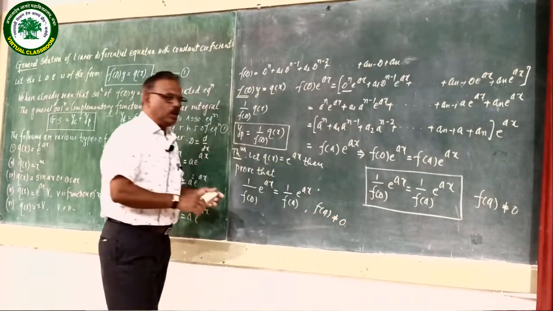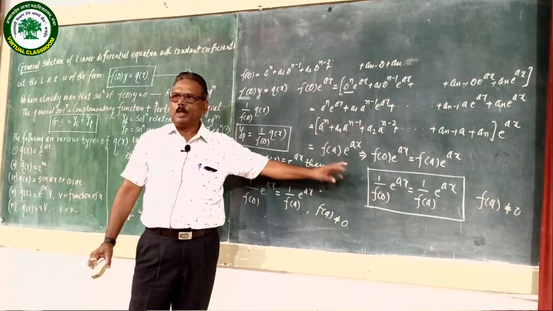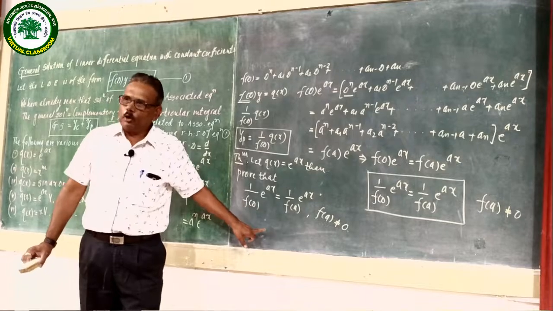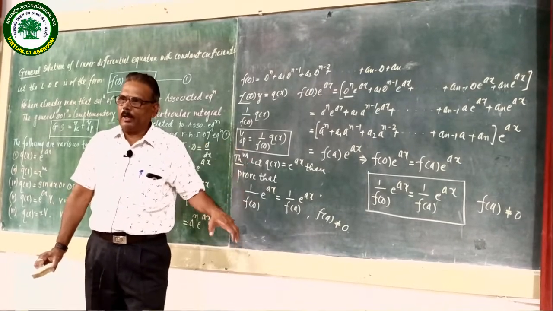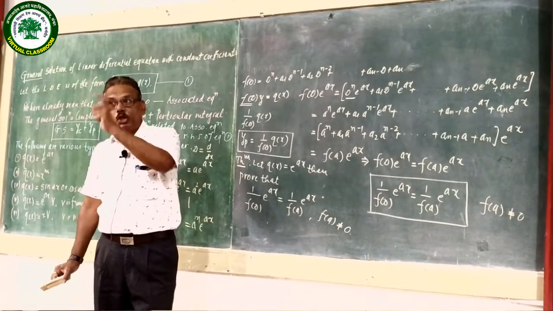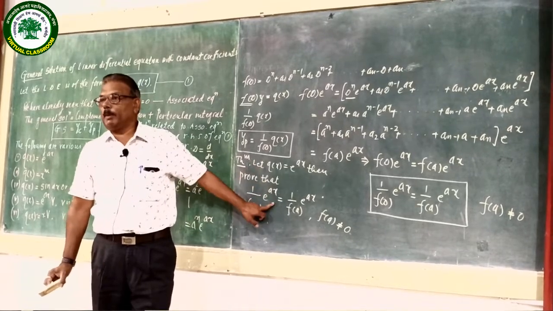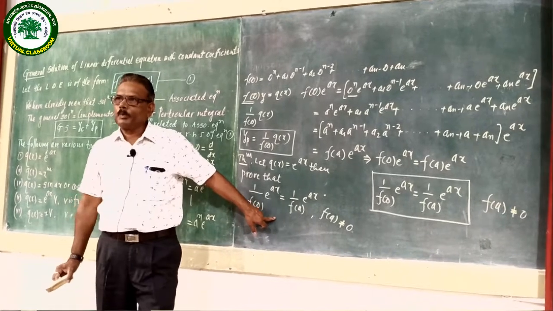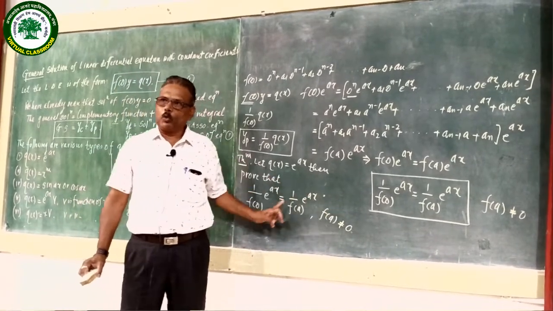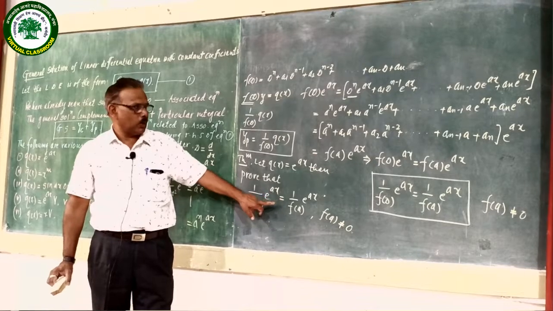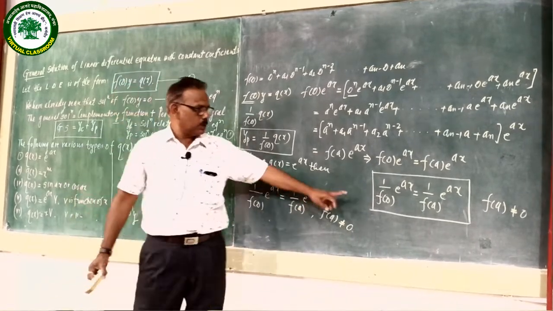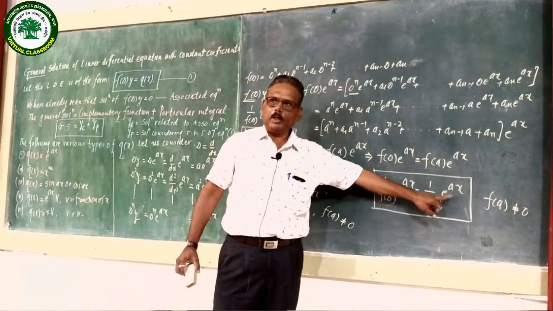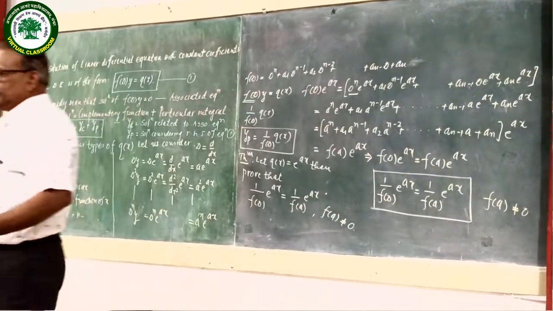If it is equal to 0, this theorem is not applicable. That means if a is a root of the given polynomial equation, and while you are substituting D is equal to a, the polynomial becomes 0, in this case it is not applicable. In case of D, while you are substituting a, then it is possible to apply this case. Therefore, we have proved this result: 1 over f of D e raised to x is equal to 1 over f of a e raised to x.